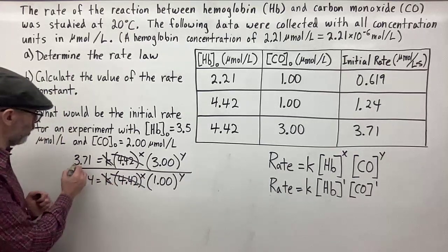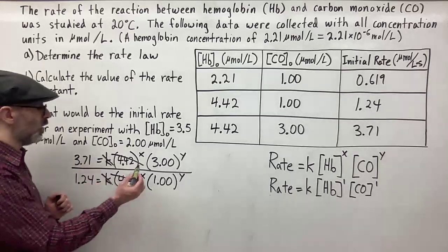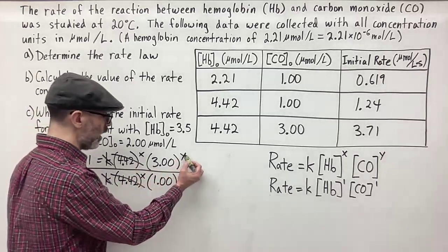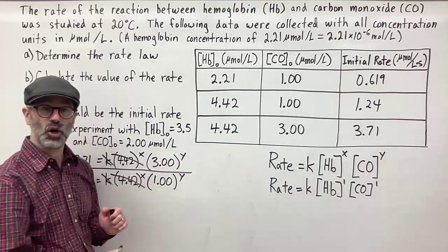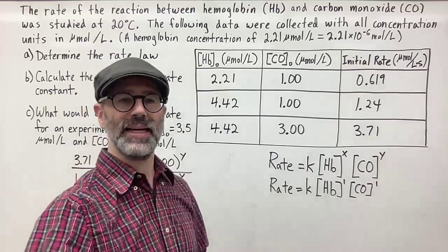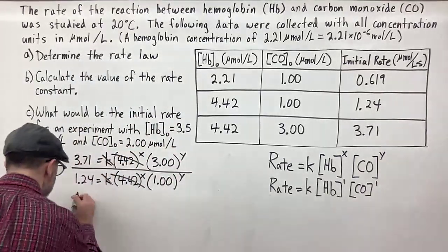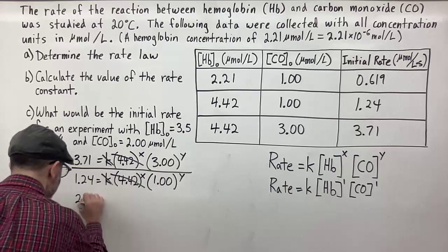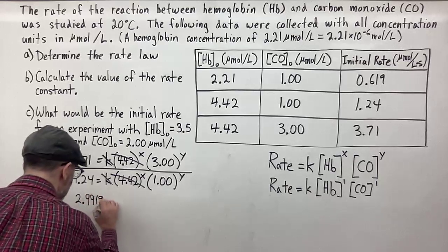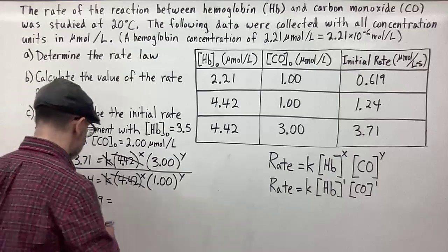So we're left with 3.71 divided by 1.24 is equal to 3.00 to the Y divided by 1.00 to the Y. So let's go ahead and do that calculation. When I divide 3.71 by 1.24, I get 2.9919. So 2.9919 is equal to, and of course 3 divided by 1 is 3,